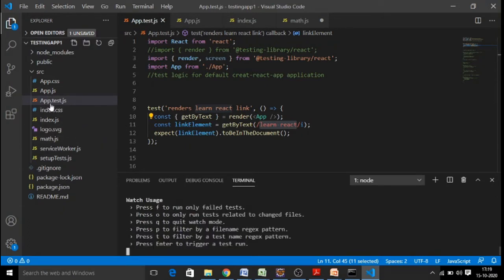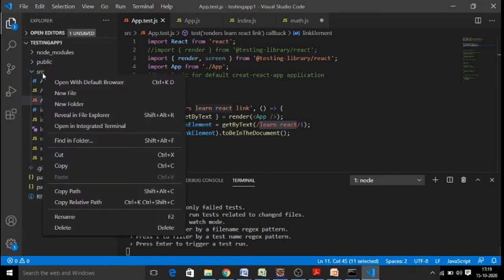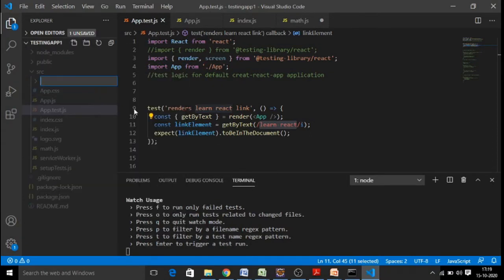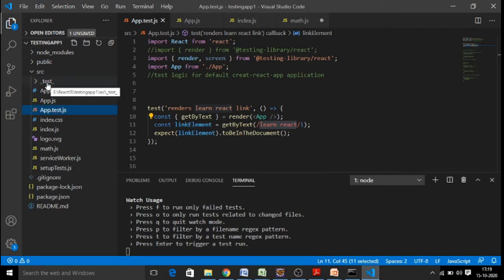It will look for all .test.js files. And there is another convention we can maintain, like in a src folder, we can maintain a folder called __test__. This is a folder where you can create and copy these test cases to this place.